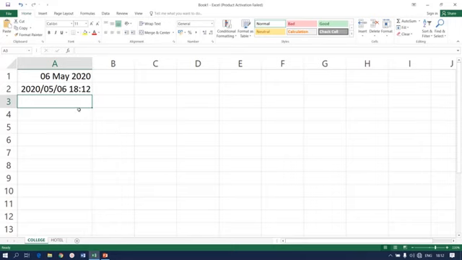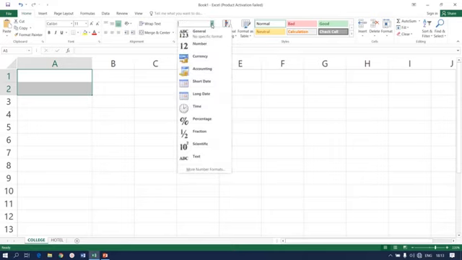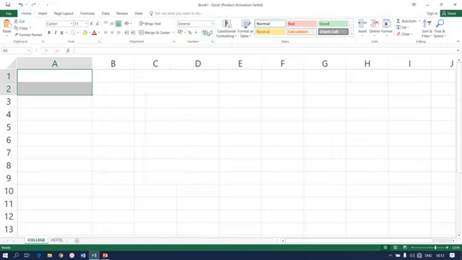Right, I need to remove or delete this. I can highlight both my cells and press delete. What if I need to reuse the very same cells for something else now which is not a date? You can see that these two cells are now in date format. It's recommended that you change this back to General for reuse. Well, then you'll be required